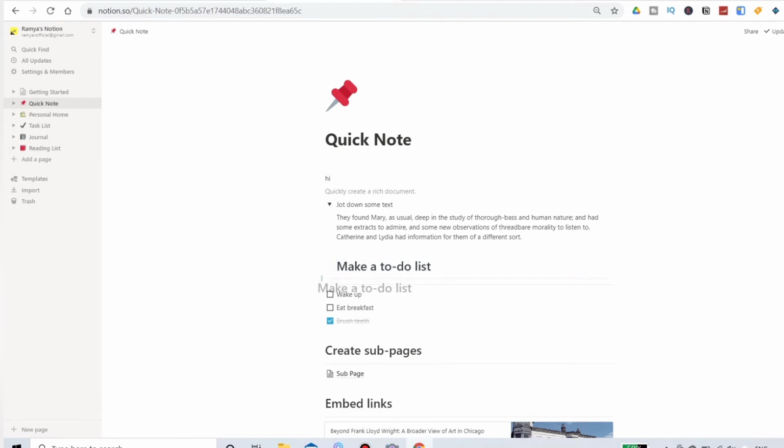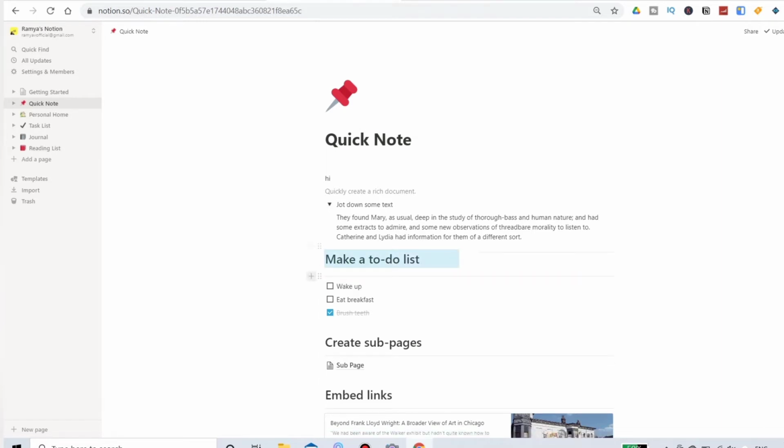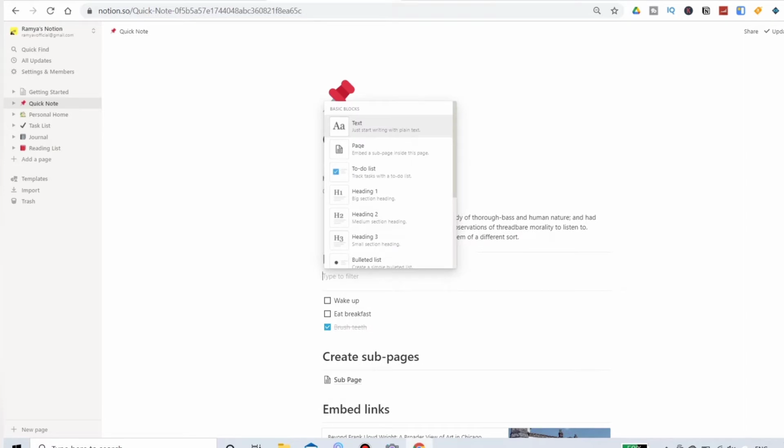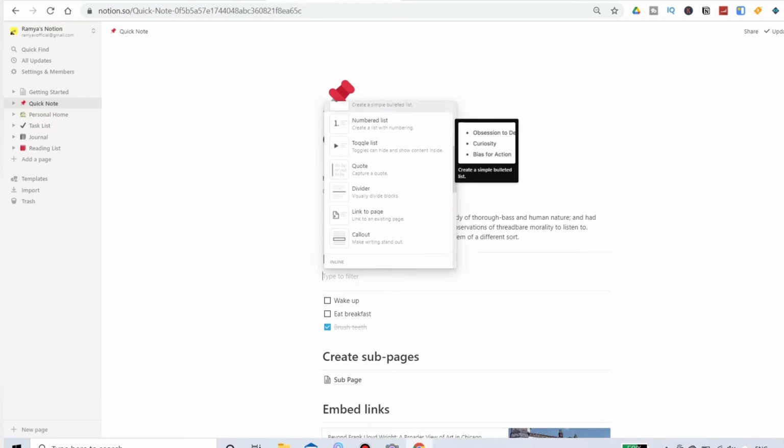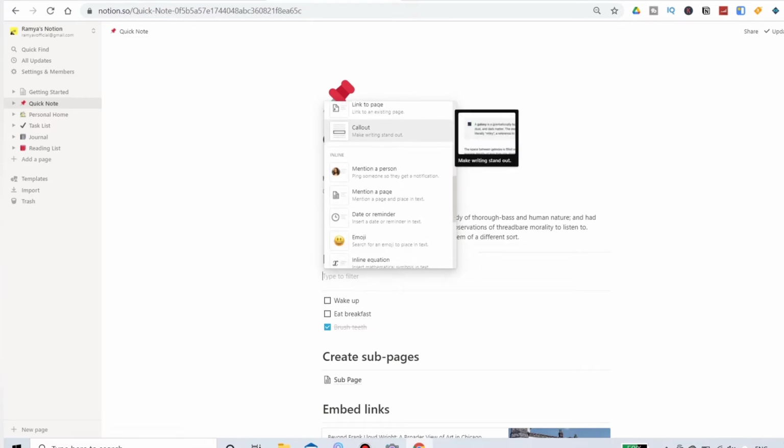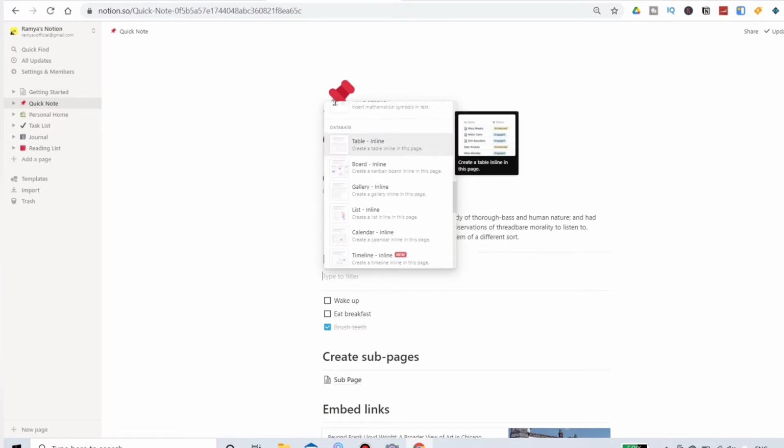If you want to add a new block, just click on the plus icon near that, and you can choose another set of blocks. Here there are so many blocks. This is the main thing I use for trading. Table, I use it for maintaining a trading database.